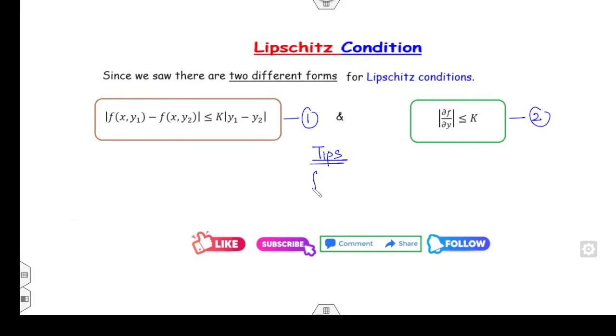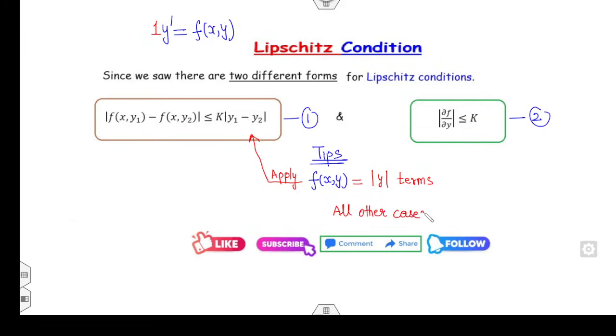Whenever you see a function f of x, y for the initial value problem y dash is f of x comma y, make sure students the coefficient of y dash must be 1. If f of x comma y involves a mod of y term, then you must apply equation number 1 to check the Lipschitz condition. While for all the other cases,